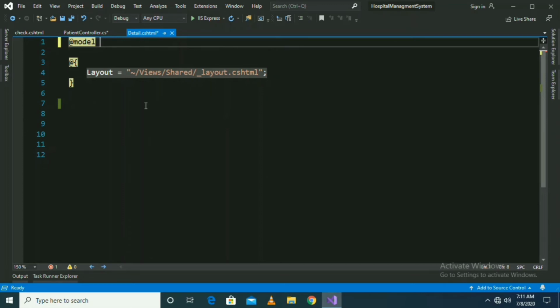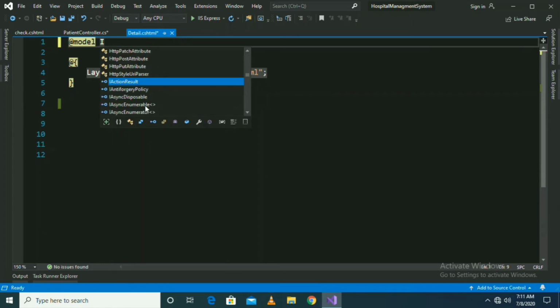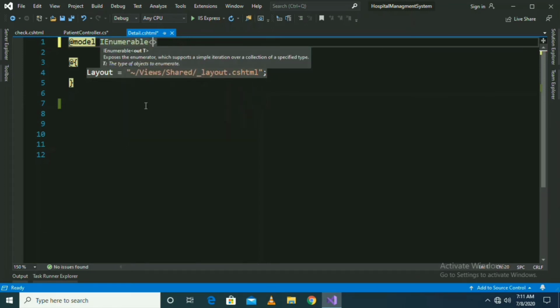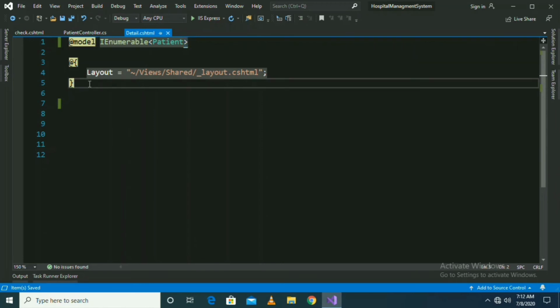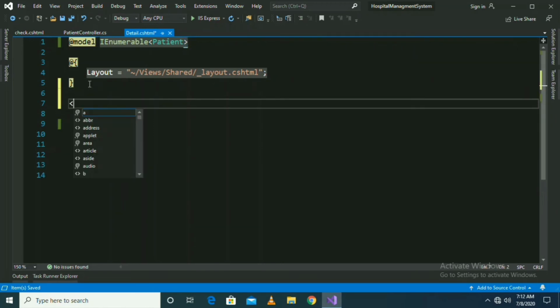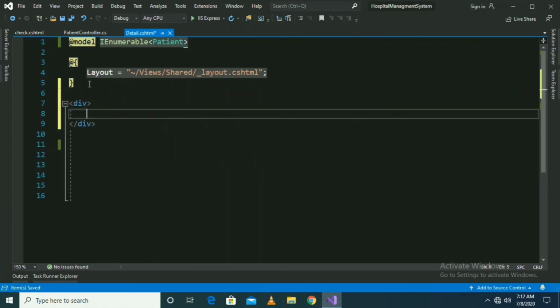For this, when we are receiving a list of data, we need to write IEnumerable of type, and my type is patient. Now this detail page knows that it has to receive a list of patient.